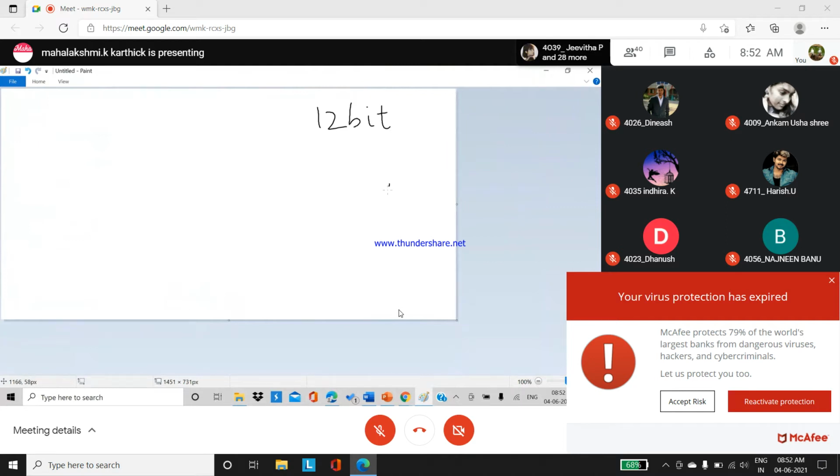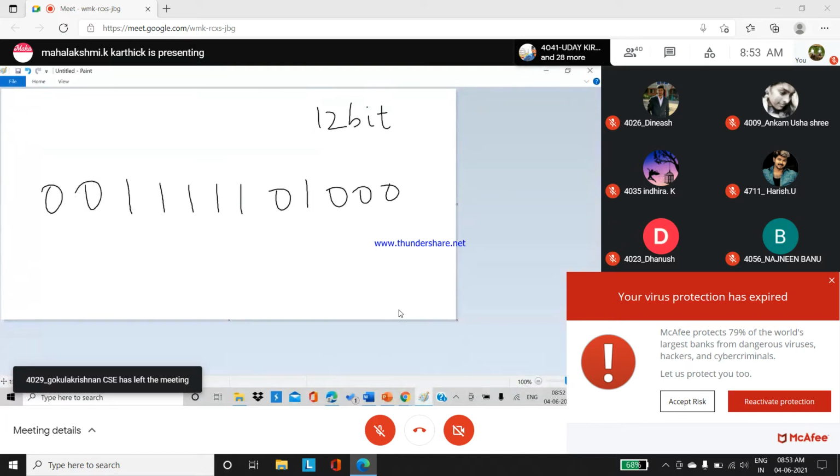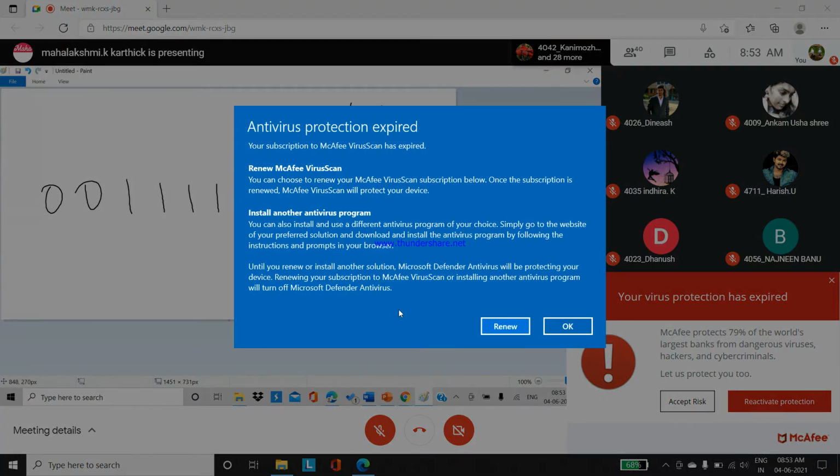The highlighted bit is... so it starts from 0, 1, 2, 3, 4, 5, 6, 7, 8, 9, 10, 11.